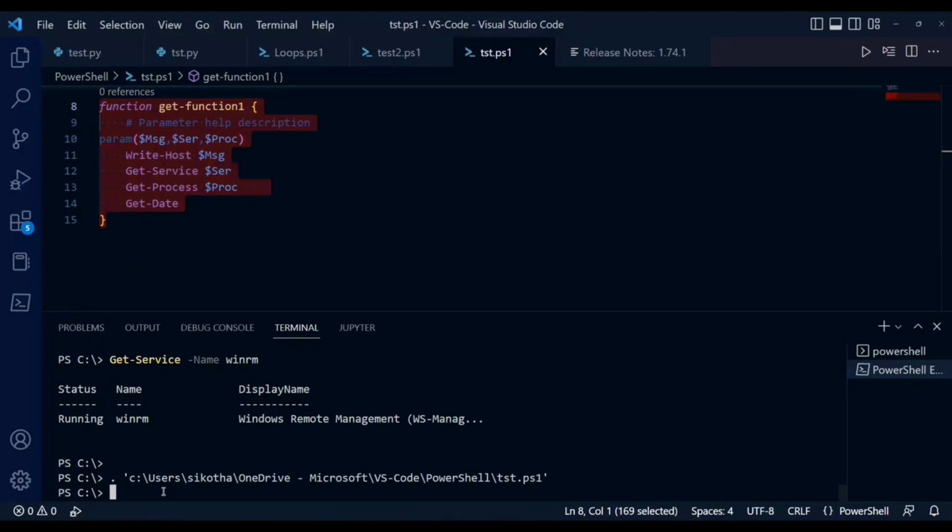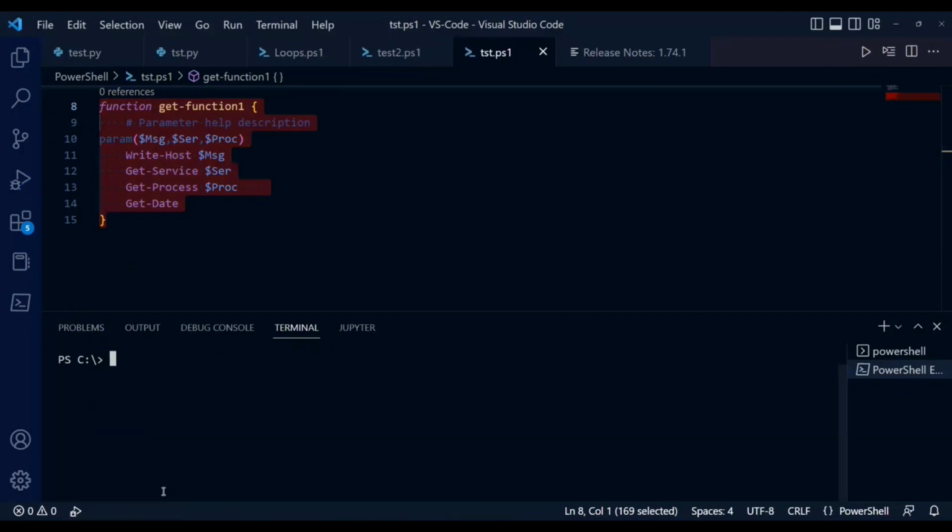So we loaded the information. Now if you look at it, when I execute Get-Function and give a hyphen, I'm not getting any parameter suggestions for the first function, the function we created with the hard-coded values. Now in the case of the second function, we added parameters. If you look at it, there are three parameters coming in the suggestions for the latest function, Get-Function1. I can choose Message. Message is equal to